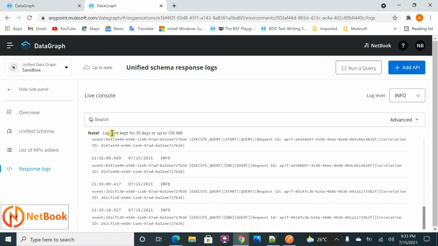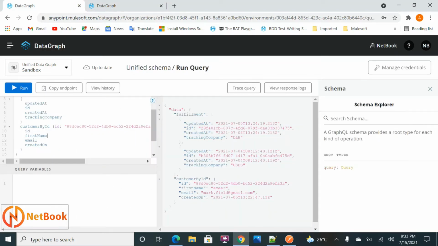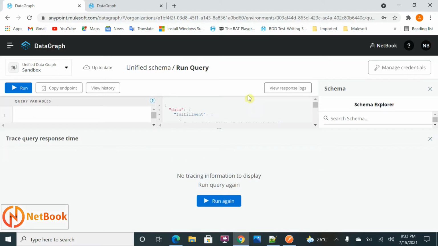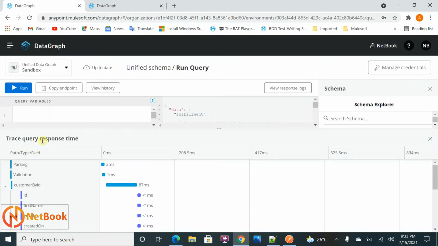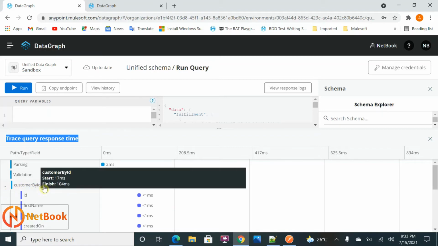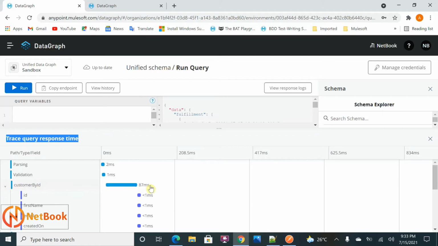Then I want to see, for each API, what response time it is taking. When I click on trace and run again, you can see the trace query response time. Get customer by ID is taking 87 milliseconds.